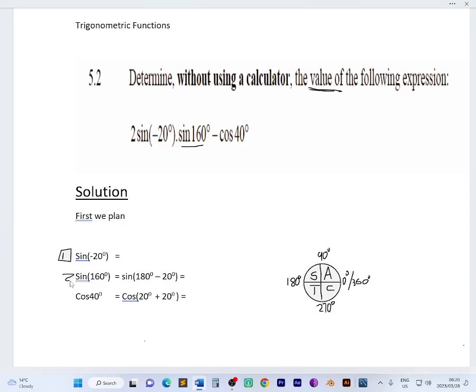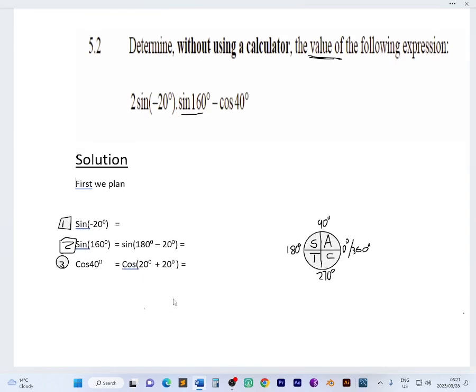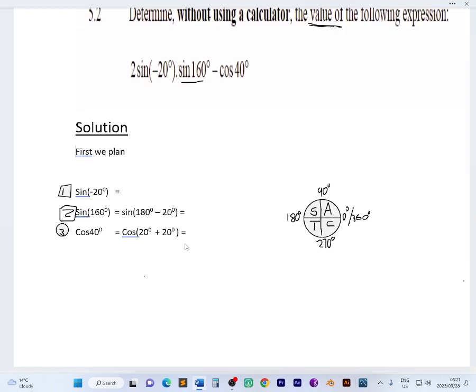The first step is to determine sine negative 20 degrees, the second step is sine 160 degrees, and then we also have to break up the cos 40 degrees, giving us cos 40 degrees equal to cos of 20 degrees plus 20 degrees. For the negative angle, we'll have to use the cast rule, which is the one on the right, and then that is